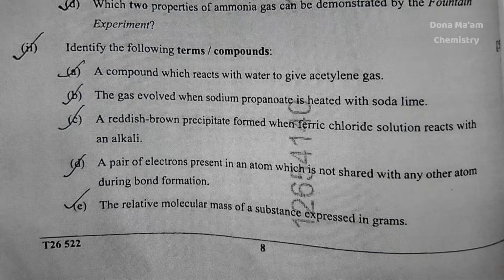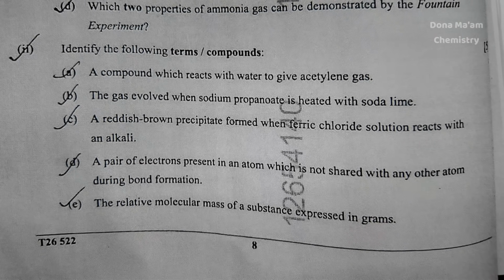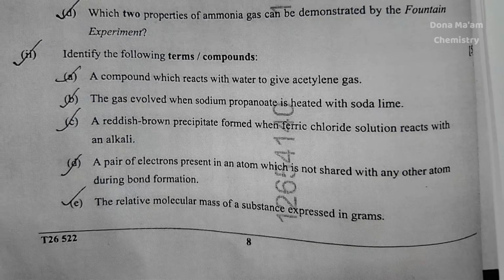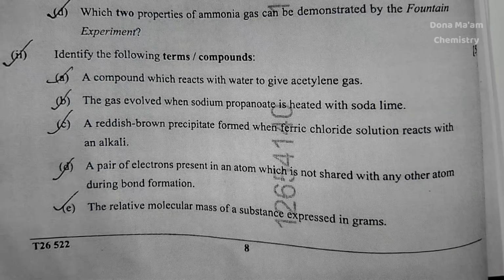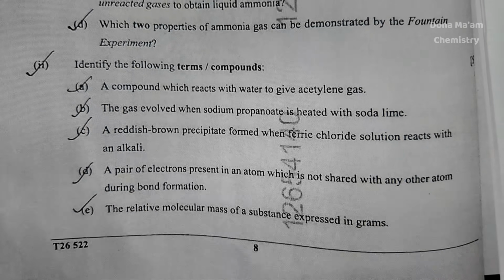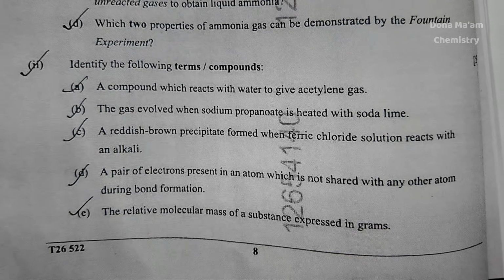Next, the gas evolved when sodium propanoate is heated with soda lime. As we know, sodium propanoate and soda lime, these reagents are used in the lab preparation, and since it's propanoate, there are already 3 carbon atoms. So the alkane which is getting formed from it is